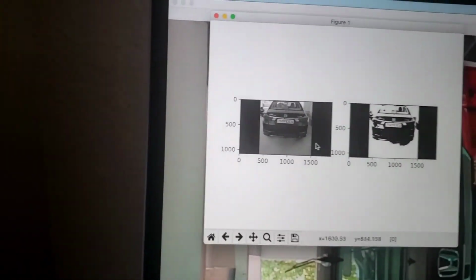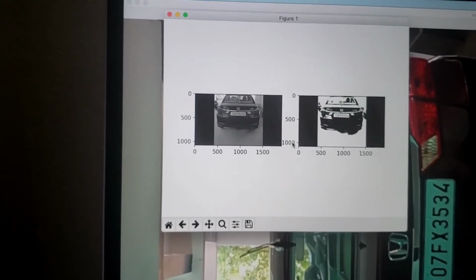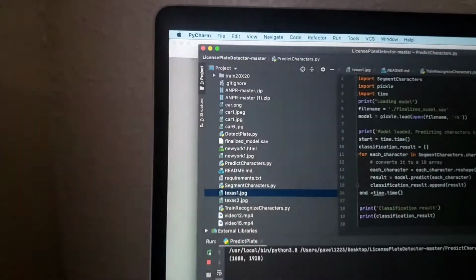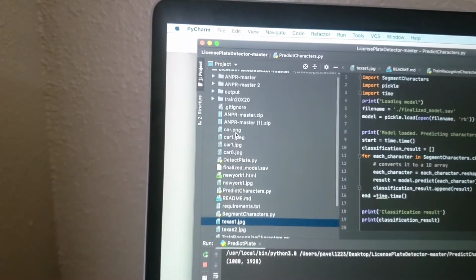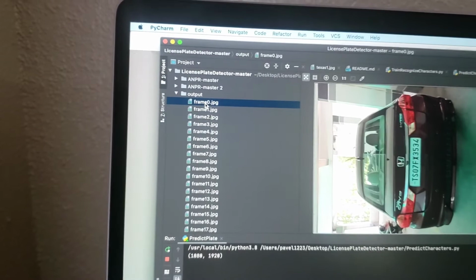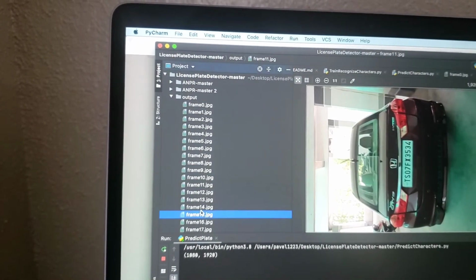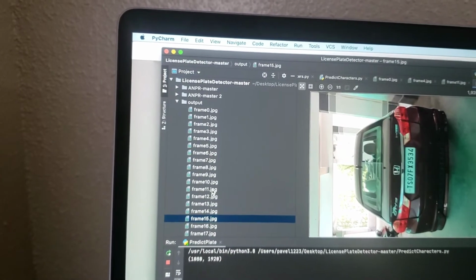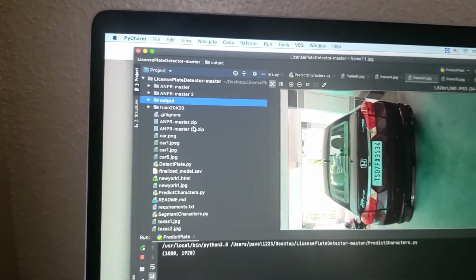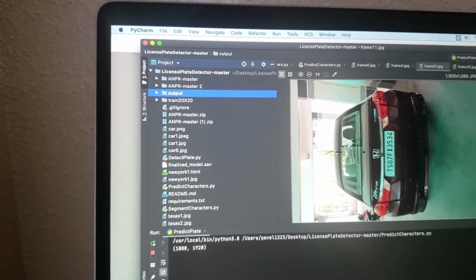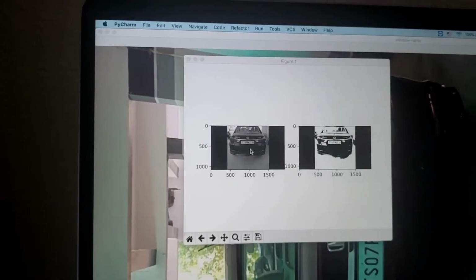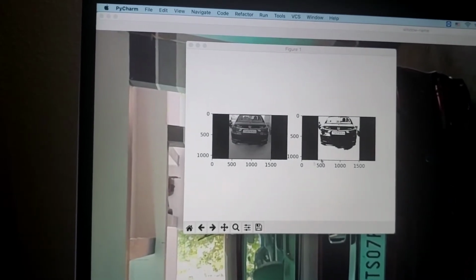Here we transfer this car picture. What we did was slice the car video into output frames, so in the output we have multiple frames. Then we take one of the frames and convert it to grayscale.